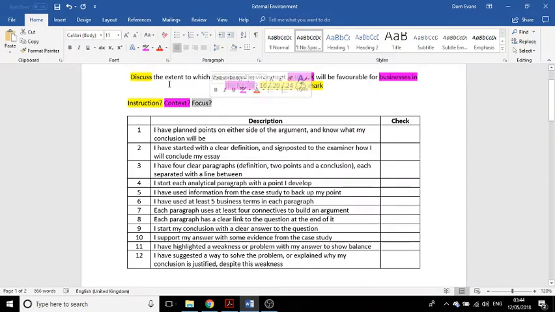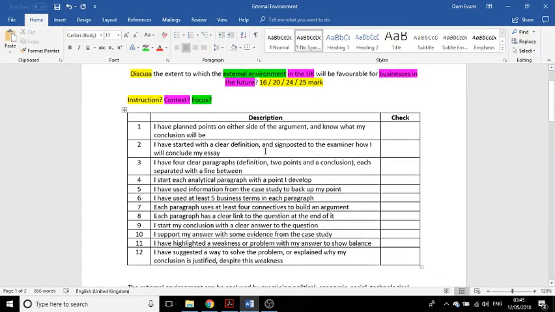And the focus is the knowledge that you are going to need in order to answer the question. And in this case, you need to know what the external environment is. So that's how I would break down that question. A good answer is going to talk about the UK in the future. It's going to identify several aspects of the external environment. And because it's a discuss question, I need to come to a conclusion.